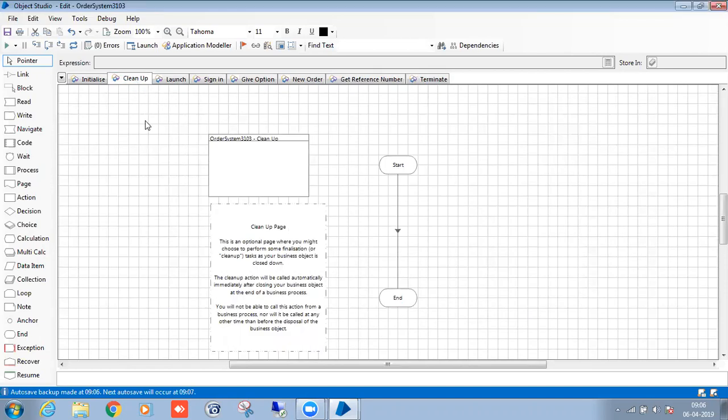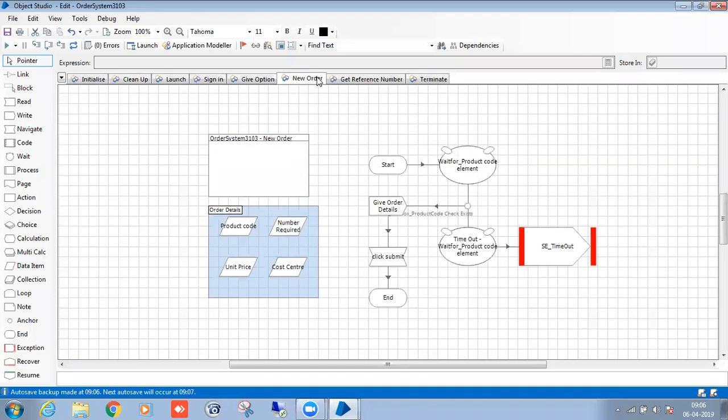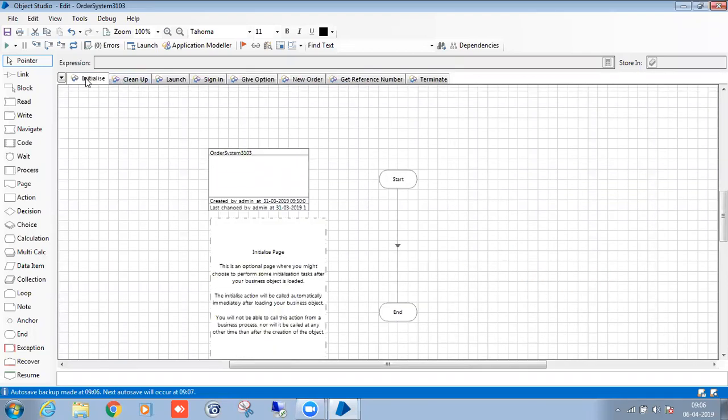A global variable is nothing but a variable we create in only one page and use in all other pages if required. If you want to use one variable in more than three or four pages, then we have to go for the global variable. We make that element global and use it in our other pages. If a similar variable is used in three or more pages, you can make that data item a global variable so that all other pages can access it.